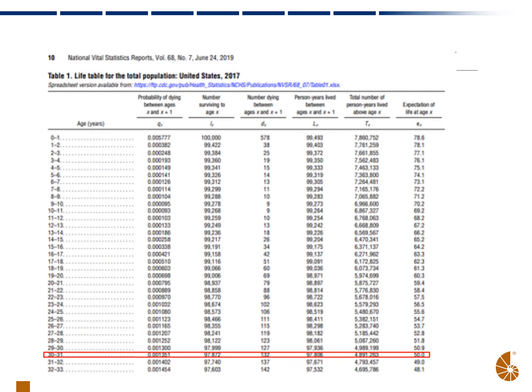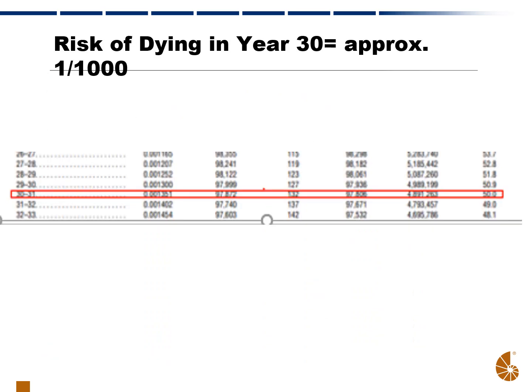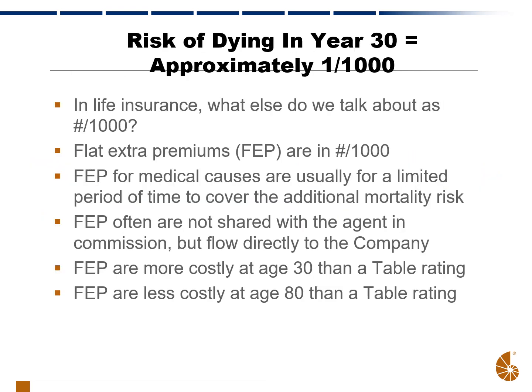So we want to get to the year of life from when someone turns 30 until they turn 31. So that 1 year group, I want to use that as a basic standard point to refer to. And if we magnify it, it's still kind of blurry, but basically what it tells us is that in that year of living from 30 to 31, your risk of dying in that year is approximately 1 in 1,000. So risk of dying is approximately 1 in 1,000.